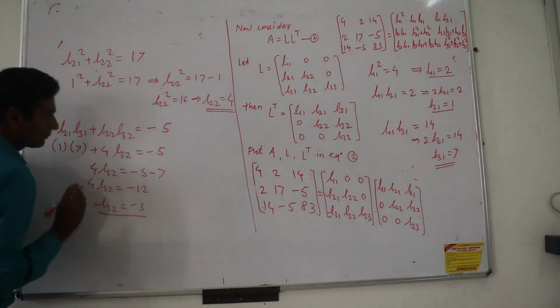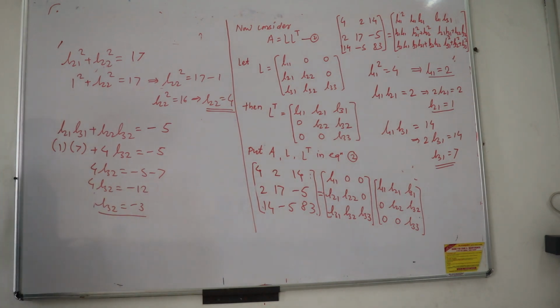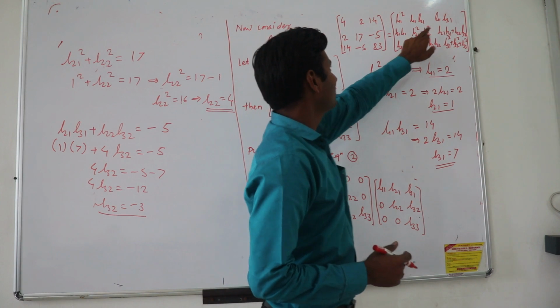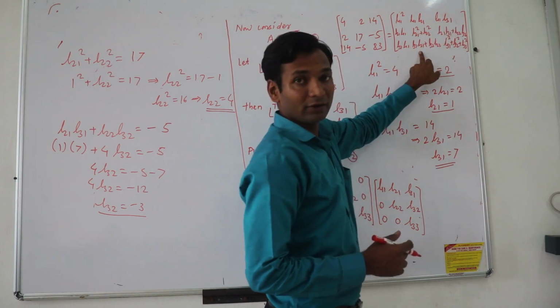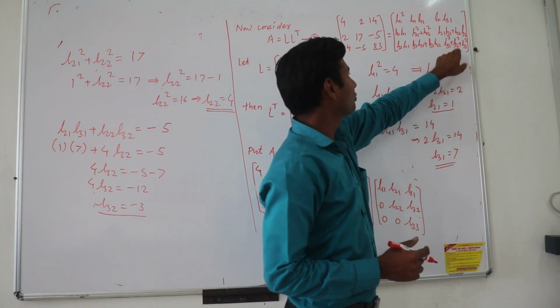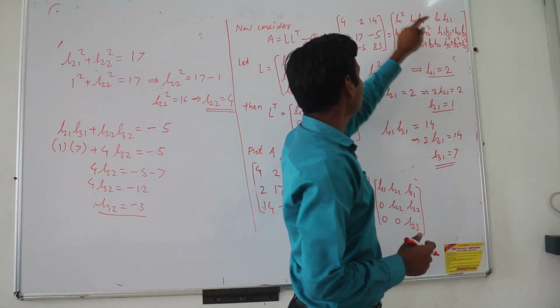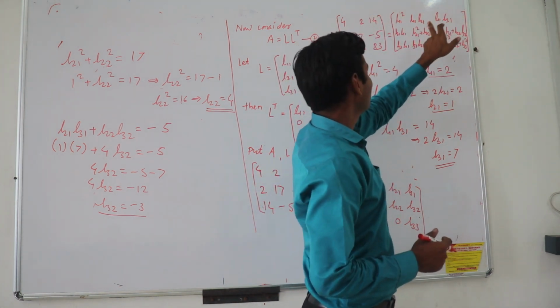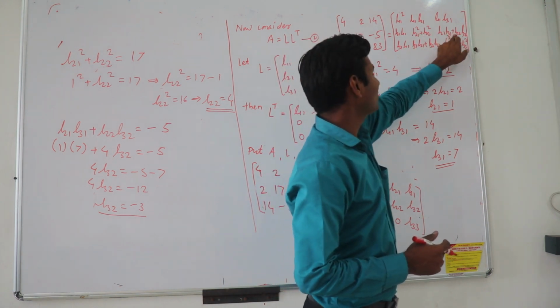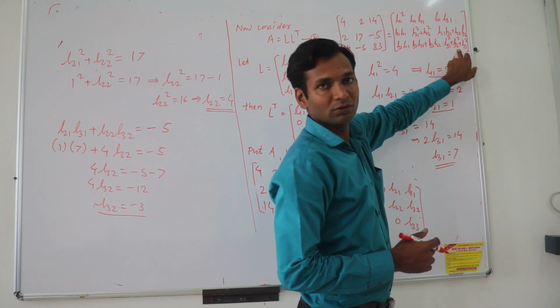So you get the fifth element. Now only one remains, because we cannot take this L31, this one is repeated here. Again we cannot take this element because this one is also repeated. Now we take the last two. That means we have to take the 6 equations: the first row 3 equations, and the remaining second row second element, second row third element, and third row third element.